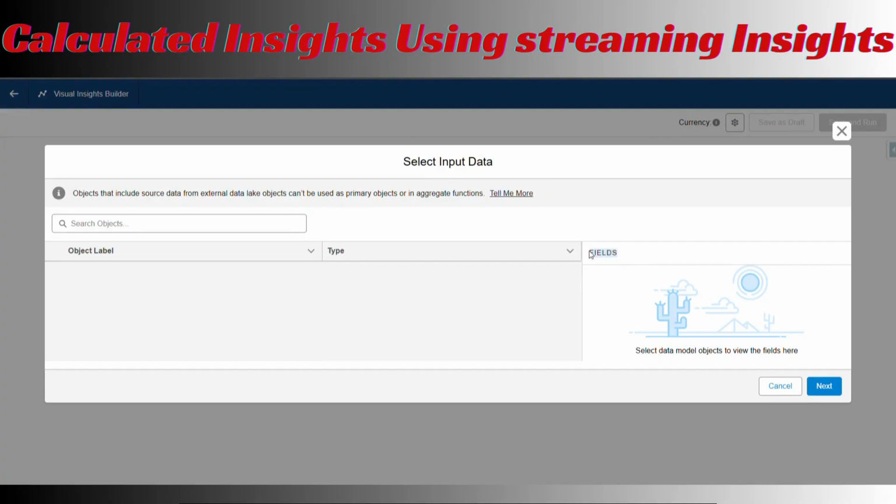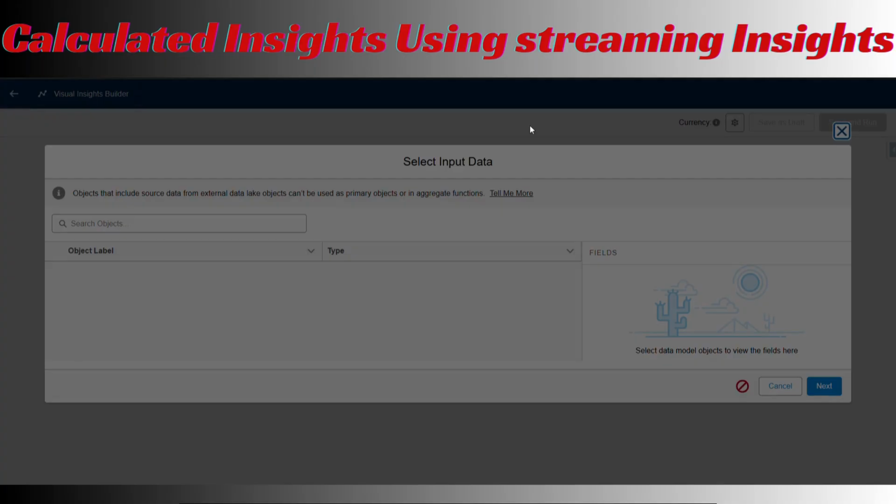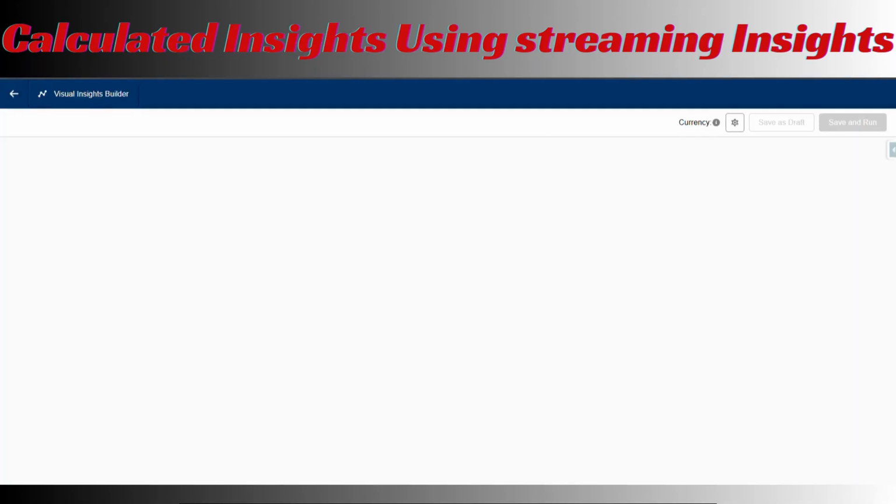So basically, before we started, we were discussing what this streaming insight is, right. Streaming insight, which I have already explained, in Data Cloud lets you process real-time data the moment it arrives, right.